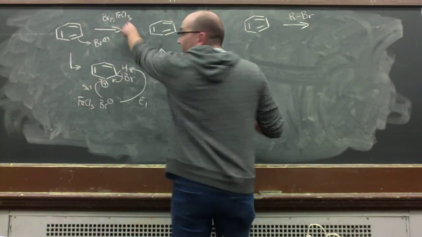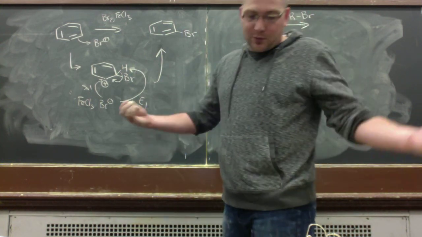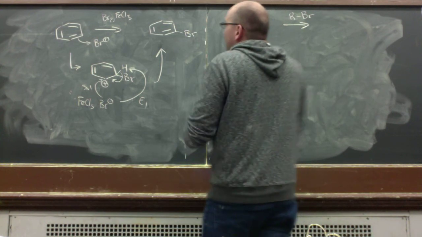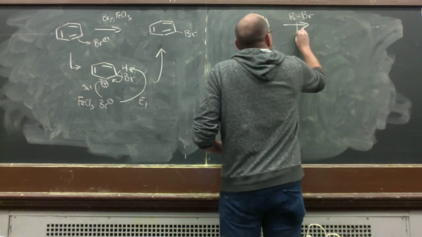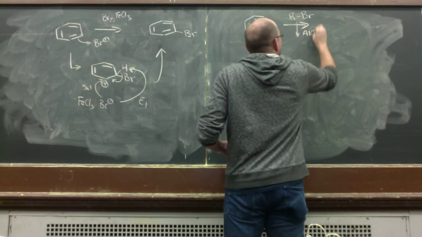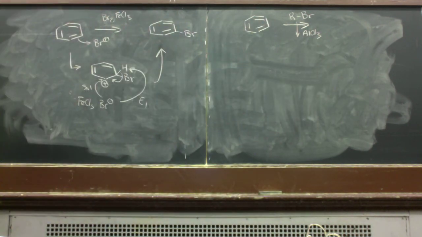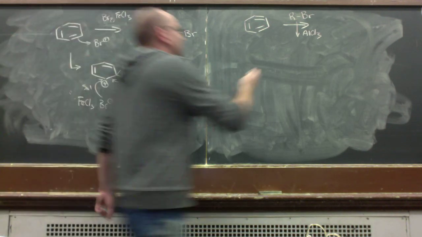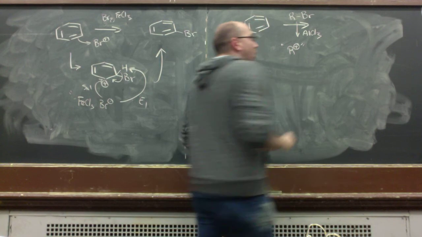And so we're going to use the same thing, FeCl3, or I think the book says aluminum trichloride, so we'll stick with aluminum trichloride. But again, it's the same idea, a really strong Lewis acid. It's going to take this molecule, okay? It's going to effectively pull the bromine away in the same way that we did it from the other bromine. And what's going to happen is we're going to be left with R plus